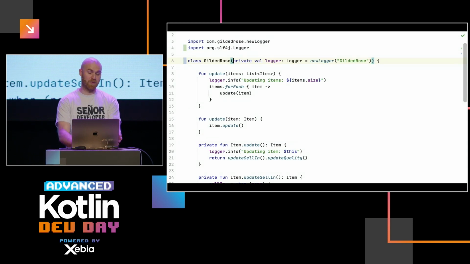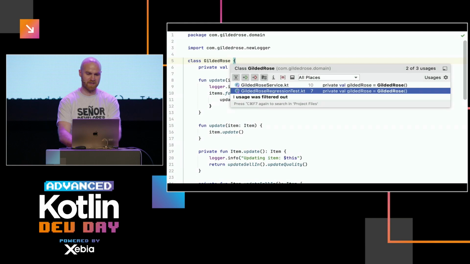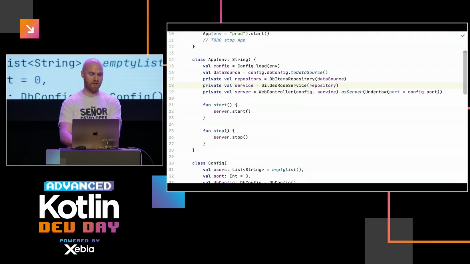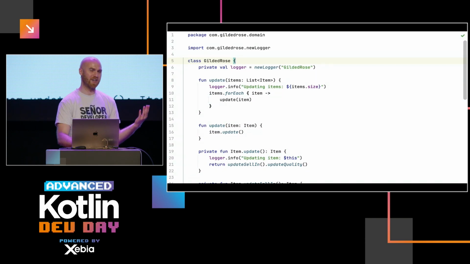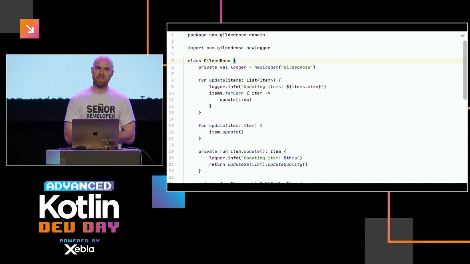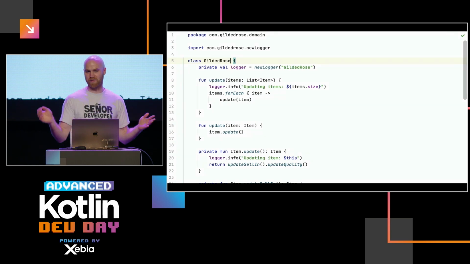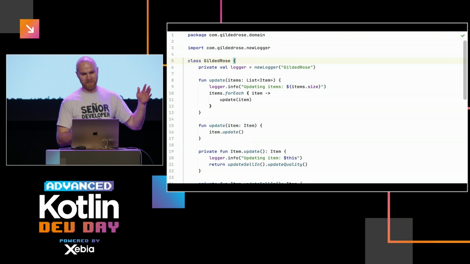The other option, of course, would be to pass this argument all the way through the dependency graph from where the service is created in main and so on. But because it's so hard, it also might make you think: if logging, let's say structured logging, is such an important side effect, maybe we don't want to do it all over the system. Maybe we want to push it out to the edges of the system.